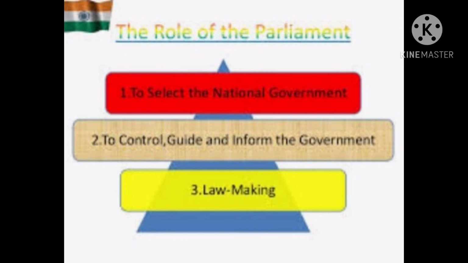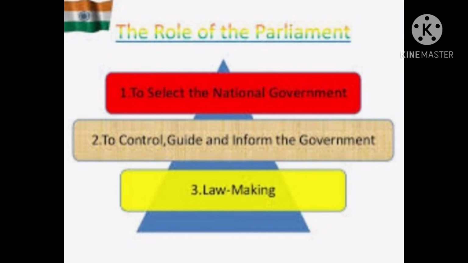Okay. See children, this is a very important way through which the Parliament controls the executive. By asking questions, the government is alerted to its shortcomings and also comes to know the opinion of the people through their representatives in the Parliament, that is the MPs. Okay, so the opposition parties play a crucial role in the healthy functioning of the democracy. So don't forget it, the opposition parties play a crucial role in the healthy functioning of the democracy.